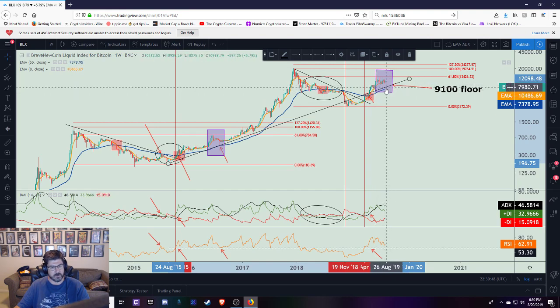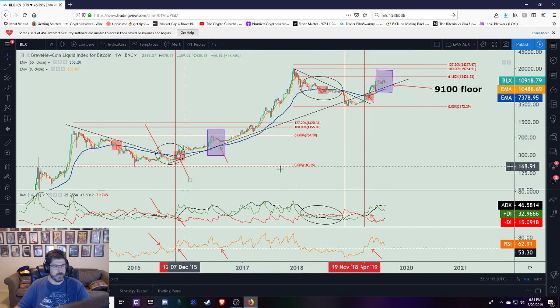Now if we start to get down to this moving average and the 8 looks like it's going to cross down through the 55, then that's going to be a danger signal for me. Most likely we'll be busting the RSI to the downside, and this will probably change on this indicator too, because every time with this crossover, that's going to be a signal, like over here, that's going to turn into a bearish market. But right now everything's signaling to the upside. So I know there's a lot on this chart, and hopefully you can see it and it's all clear. But that's why the 9100 has been my floor